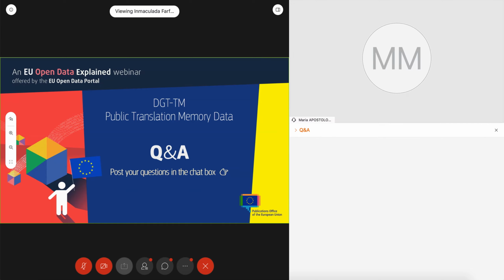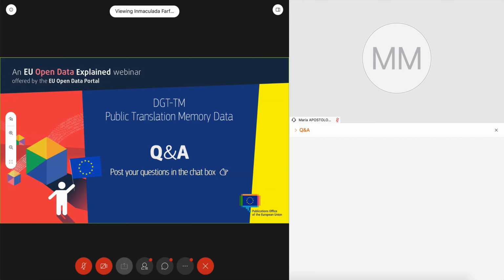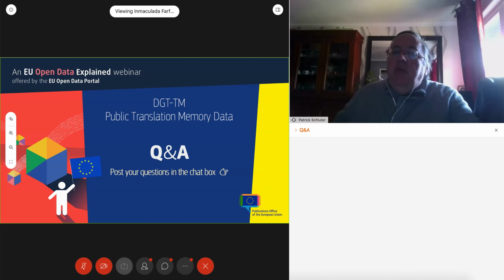In fact, Manuel says that the translation memory is a bilingual document containing translations. A corpus is a collection of documents. So I guess it's a wider term for a corpus. The corpus is wider. Yeah, corpus is not specifically translation memory, but the translation memory is a corpus, if you want. You can have...